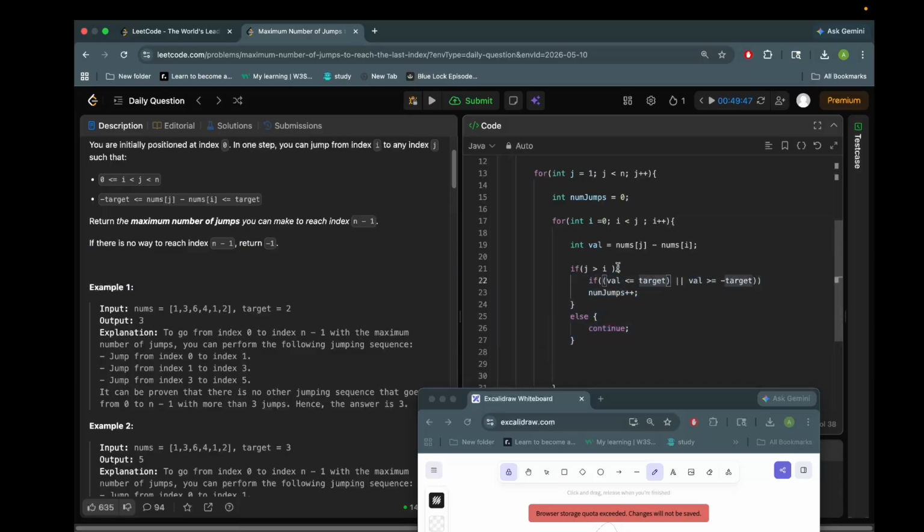So we don't need this loop anymore, right? We do if value equals nums of J minus